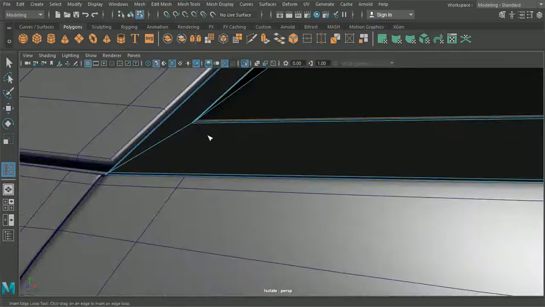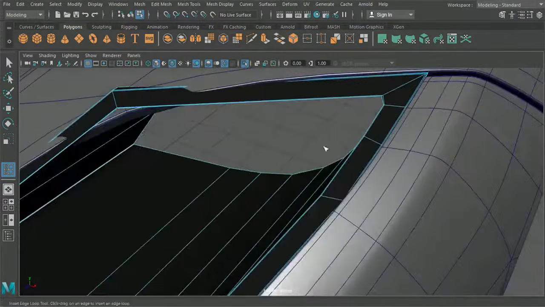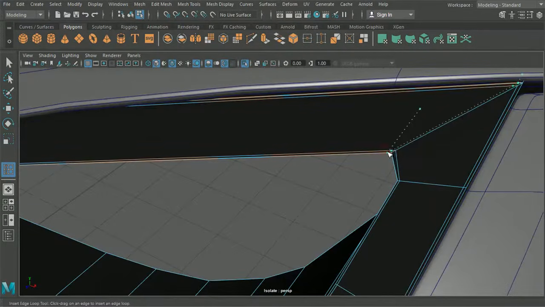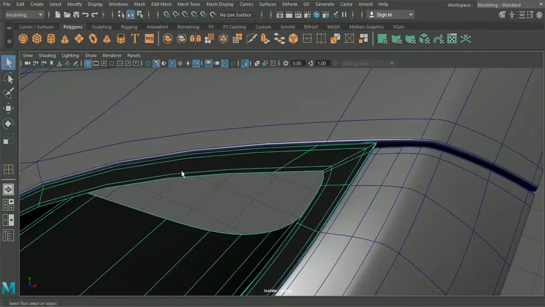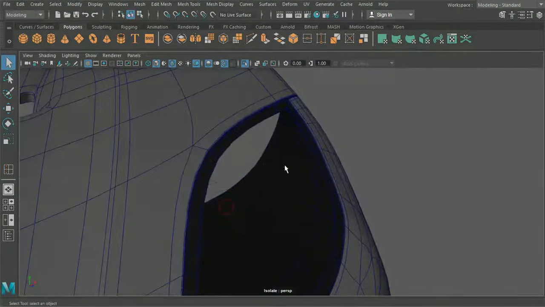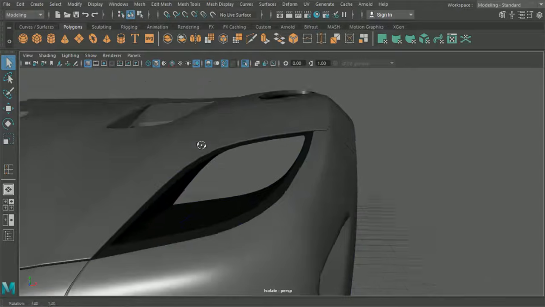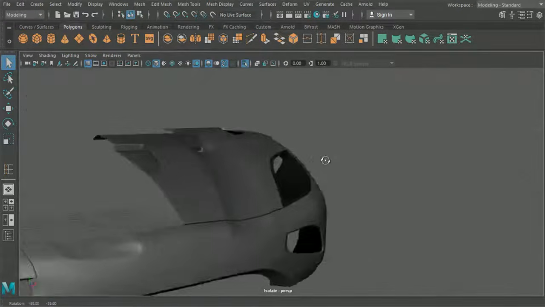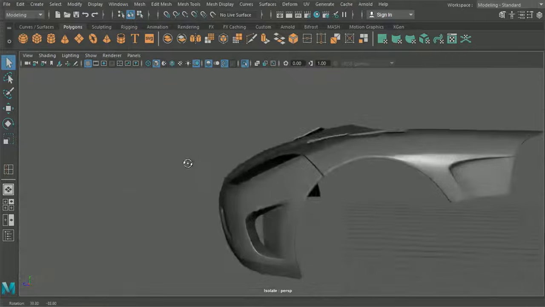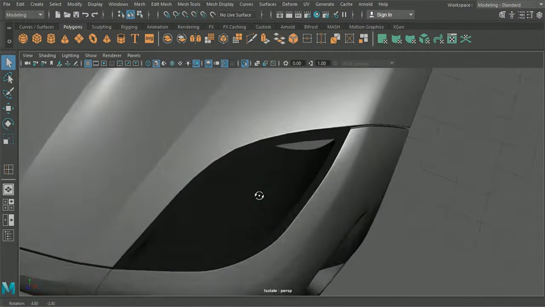And then finally, we're just going to want to add 2 in each of these corners that are opposite to each other, here and here. Okay, so now we can see that we've got that nice section running all up and around there. Got a little bit of depth to it too, which is looking pretty good.